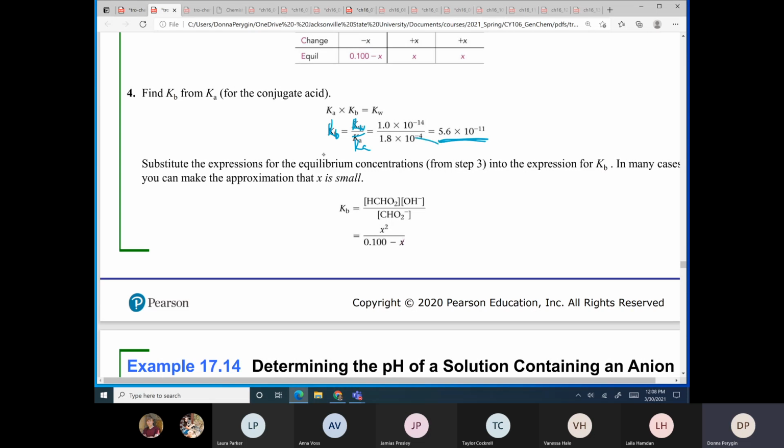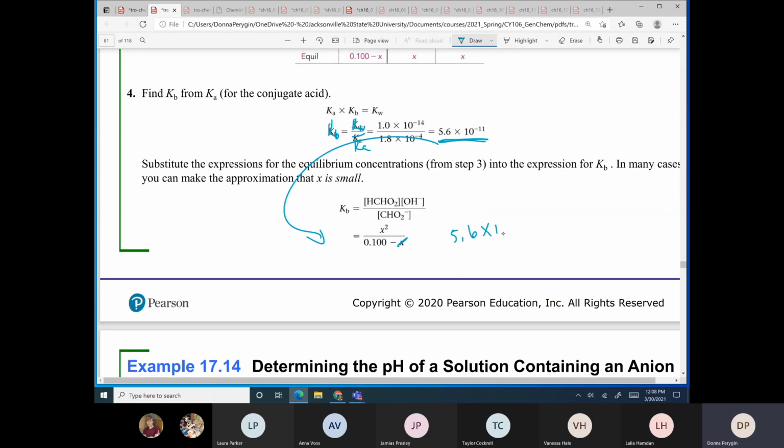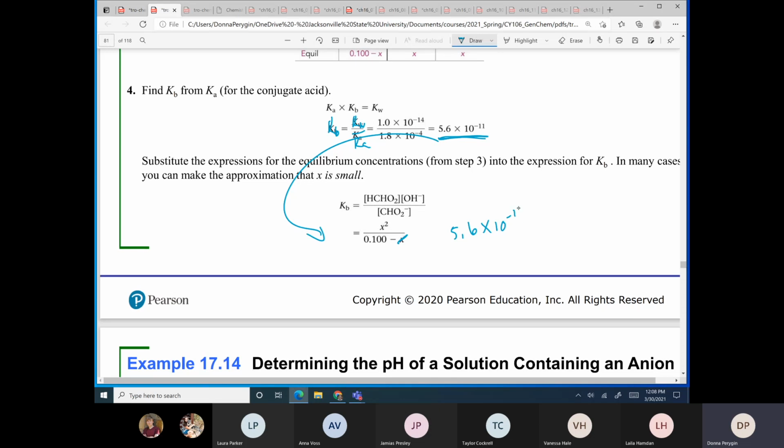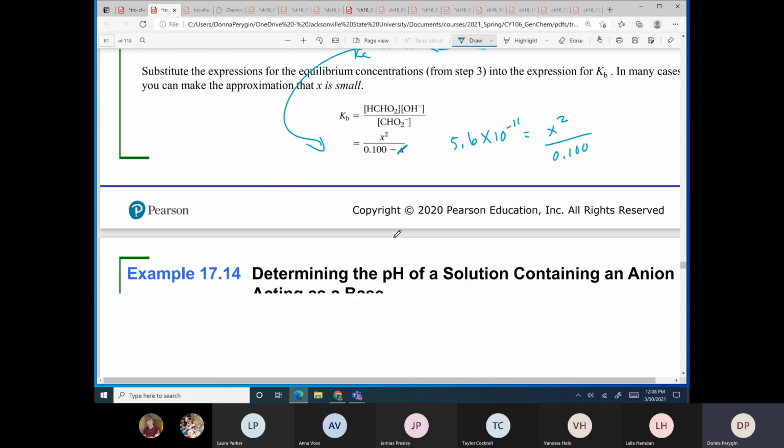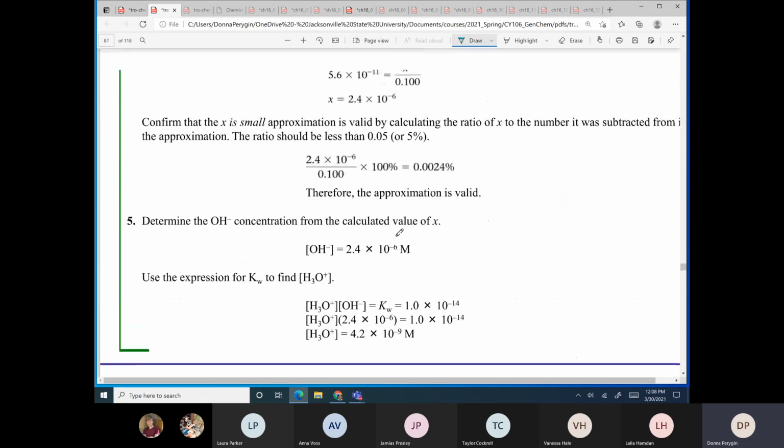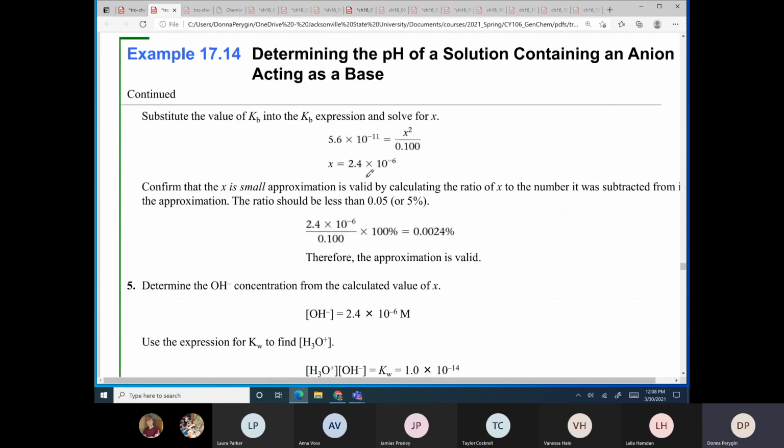So we can put that in for Kb here, and we can assume that x is small. So that gives us the Kb, 5.6 times 10 to the minus 11, and we've done these kind of problems over and over, is equal to x squared over 0.100. So now you just multiply both sides by 0.100 and take the square root. Okay, so that gives us x is equal to 2.4 times 10 to the minus 6, and that is going to be our